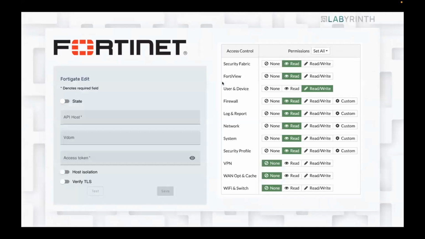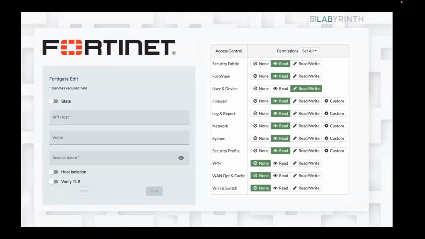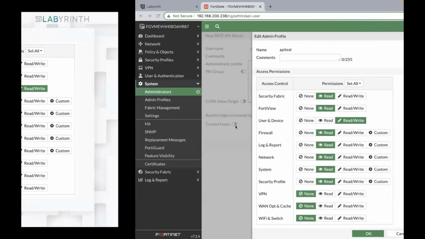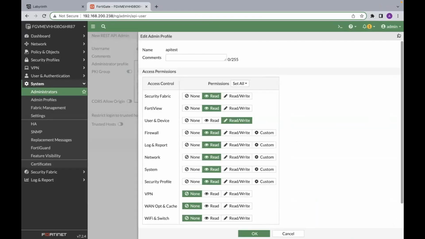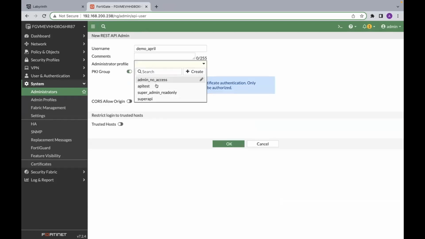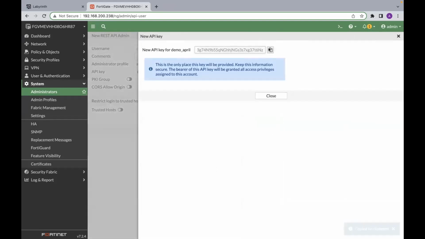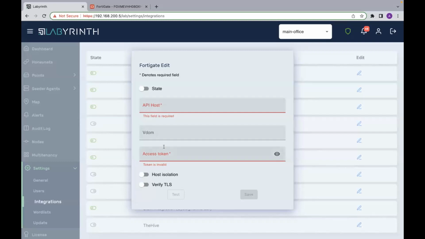the bare minimum for FORTIGATE you can see on your screen. So we need some read permissions for enriching the alert, for getting some info the FORTIGATE has, and for user device, we need to add write permissions in order to actually give a permission to isolate the host. So I will use this one, add an API group, click on OK, and we have an API key,